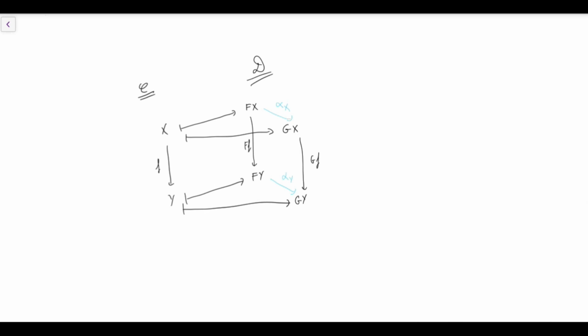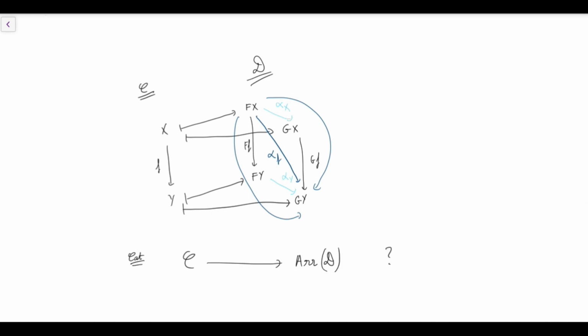That is, if we go from above or from below, we have a common value which we can denote alpha f. Now this hints at some definition of a natural transformation as a functor between the category C and some category